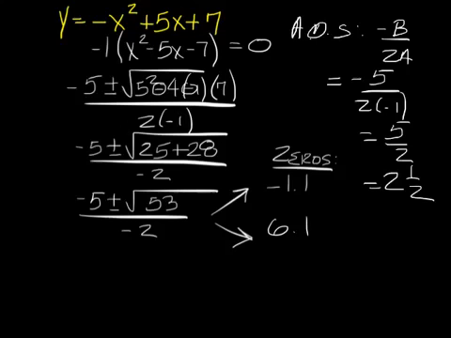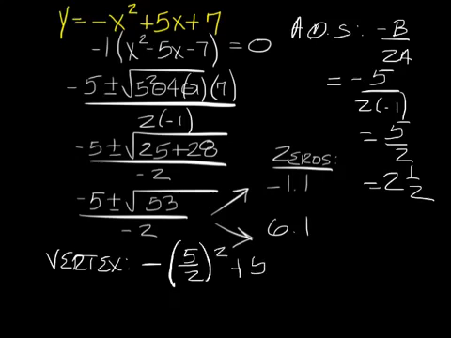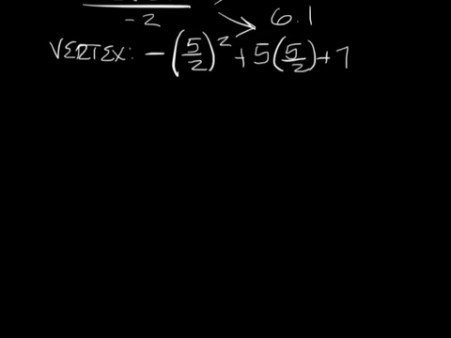So the vertex is the last thing to do. So that would be 5 halves, or a 2.5, that you're plugging into the original equation and then solving for the vertex. You don't have to do it the way that I'm doing it up here. In fact, I'm not even going to work out the fractions. I'll just put it in the calculator like you do. And that would be